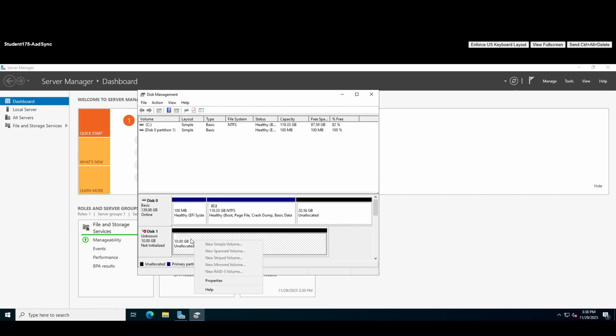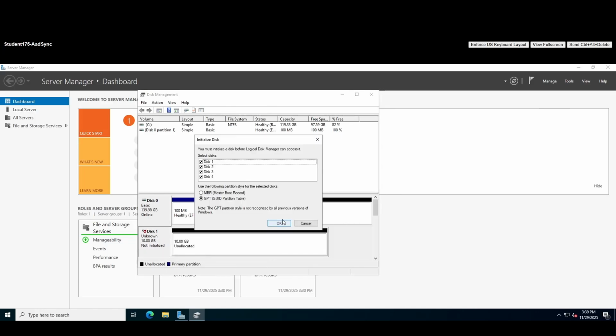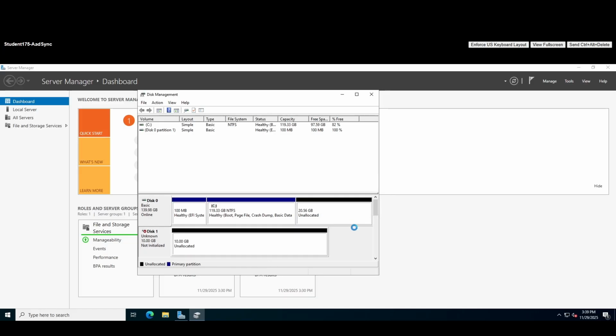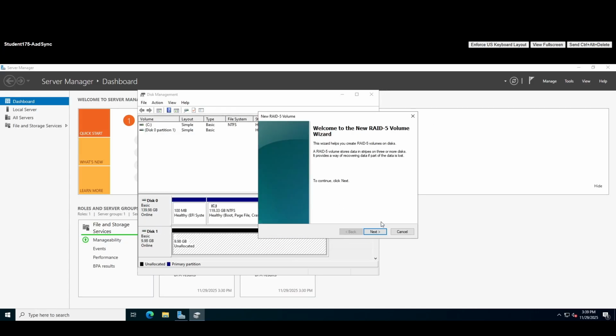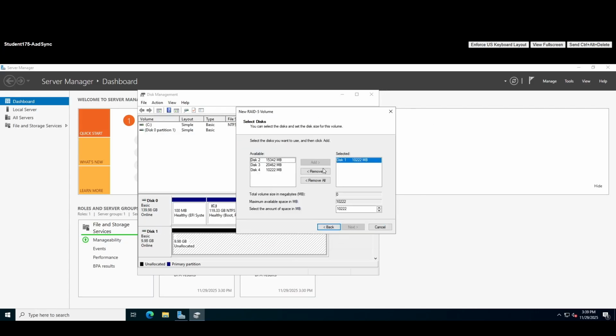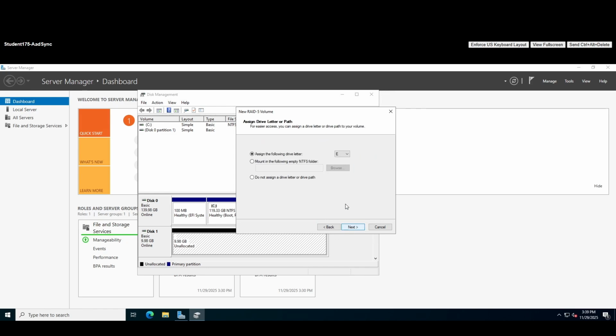So now we have to initialize disks. All of these disks should be initialized. Now they're all online and ready to go. So yeah, now let's create RAID 5 volume. This should help us to create a backup solution. So let's add disk 2 and then disk 4. We need 3 disks for RAID 5, so we can leave disk 3 as it is. Hit next. Let's assign E drive. Hit next, and then we can rename this as